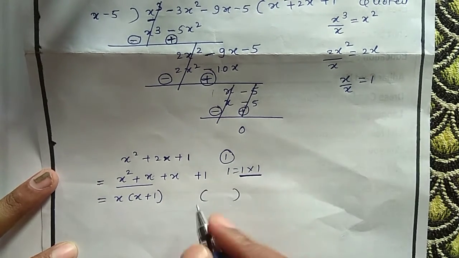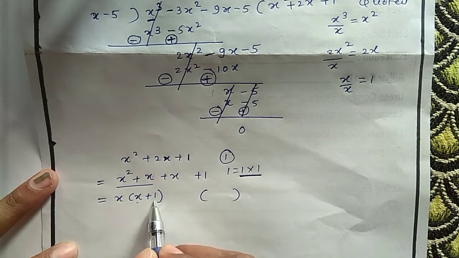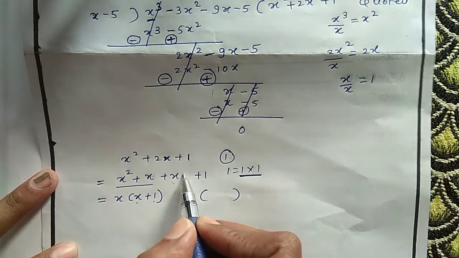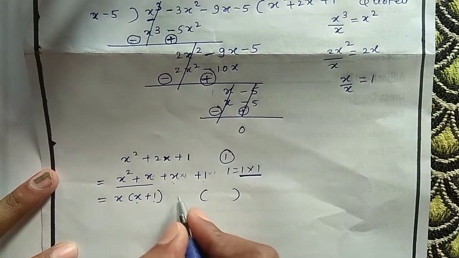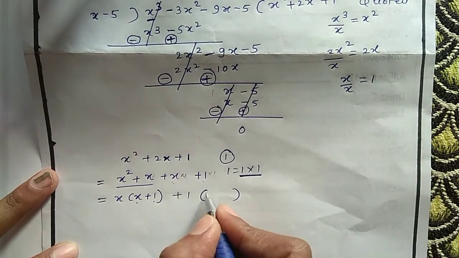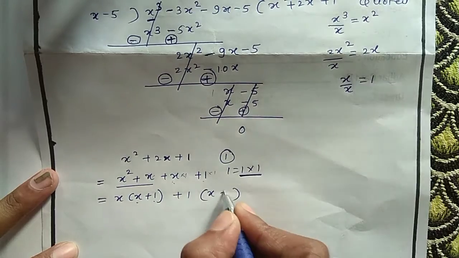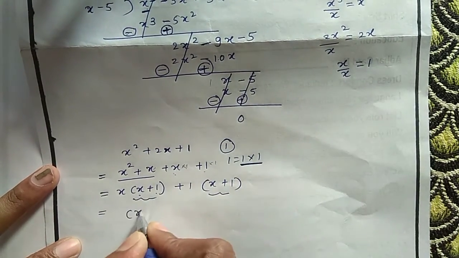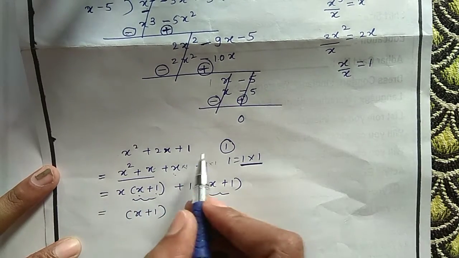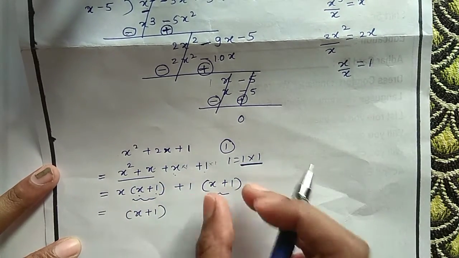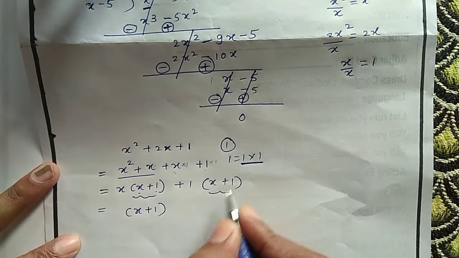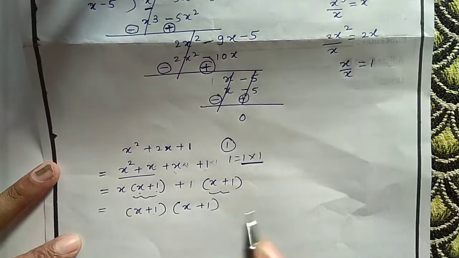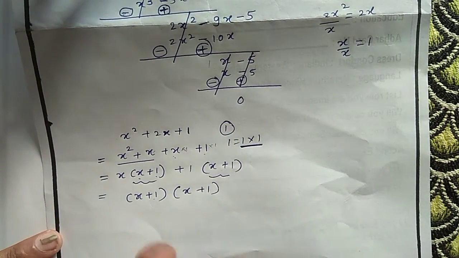Now again here in one more bracket we should get x plus 1 only. So here what is common? Nothing common means always 1 will be common. Remember 1 will be a multiple here. So 1 plus 1 will take common. So x will remain here. This 1 went here. So plus 1 will remain. So now x plus 1, x plus 1. In finding the factors of a quadratic polynomial, definitely we will get what? Same terms in both the brackets. So x plus 1 is common. Here x remains, x plus 1 went here, x plus 1. So here we got the two same factors.